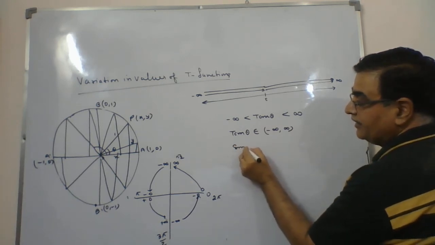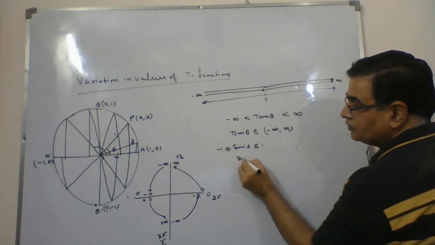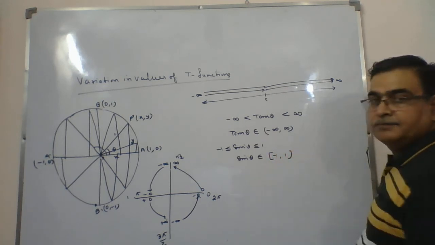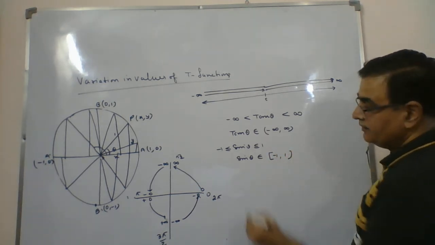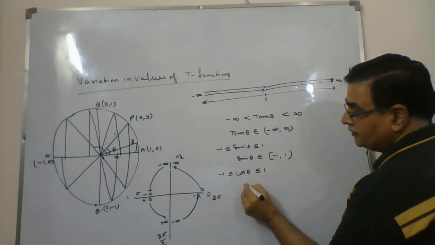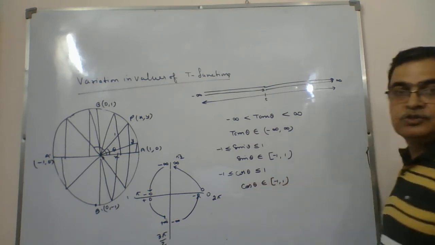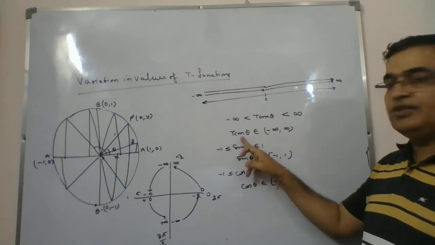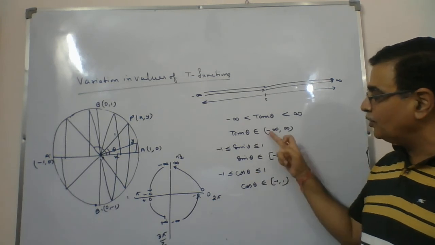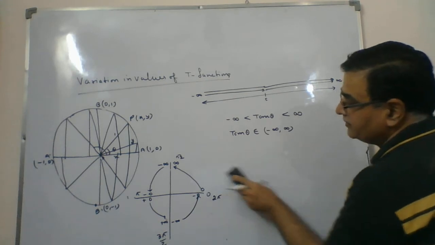In the same way, we have done sine theta, that was between minus 1 and 1. So that also, in terms of interval, you can write it lies between minus 1 and 1. This is a closed interval. In the same way, cos theta I have also done between minus 1 and 1. So we will say cos theta belongs to minus 1 to 1. So either you write it this way, or you write these three, no problem. So we will say now tan theta is going between minus infinity to infinity.